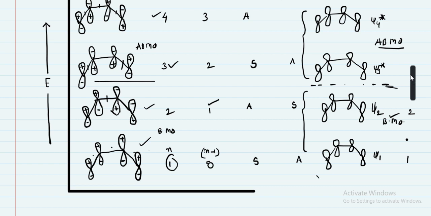In the second case, one node is present. According to the rules we have discussed, the nodes should be given centrally and symmetrically. Since one node is there, we give it at the middle. Therefore positive, no node, positive. After that there is a node, therefore positive changes to negative, and there is also negative, because at this place there is no node, therefore negative, negative.